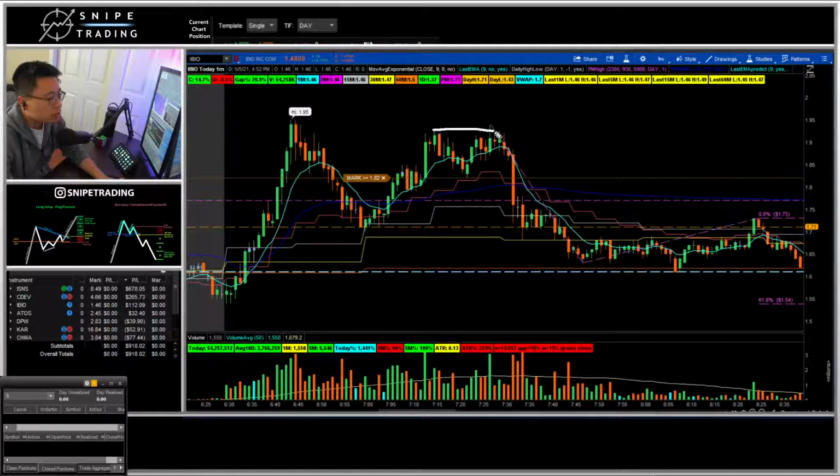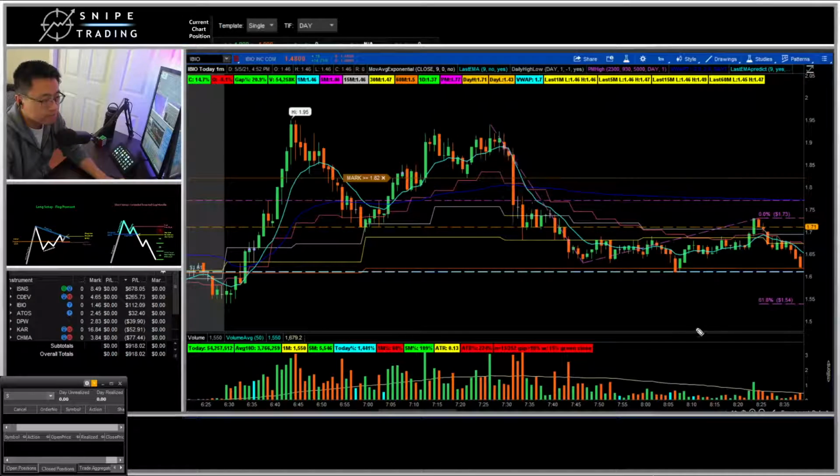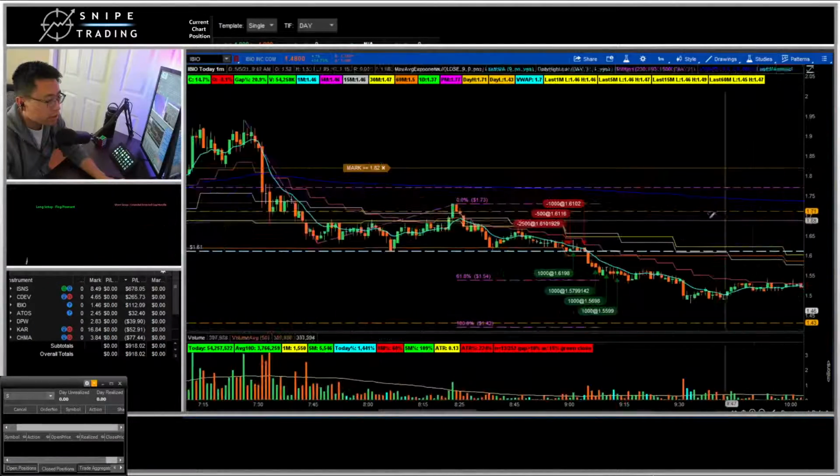There was another potential spot here, a high-volume day where it got rejected off there. You can look for an inverted cup and handle off that rejection. You can potentially short there off that 186 break for this move down. So I missed all those trades, but what I did find was this